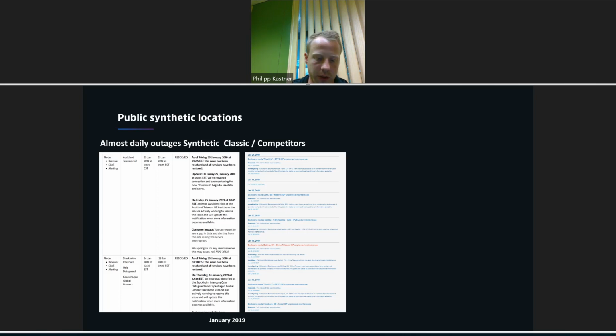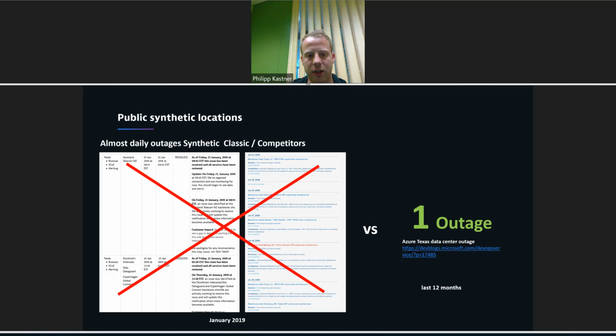And if you think about monitoring availability, one of the main use cases I mentioned, it's important that the locations are available 100%, right? If you want to monitor availability, you need a tool that is 100% available. So we were looking at locations in the cloud, and we learned very fast, even with our own monitoring, that we almost had no outages. So basically going from this in January, where there were daily outages, during the last 12 months